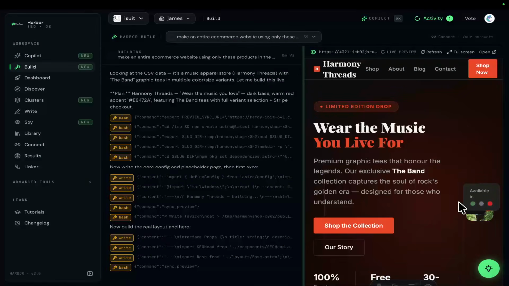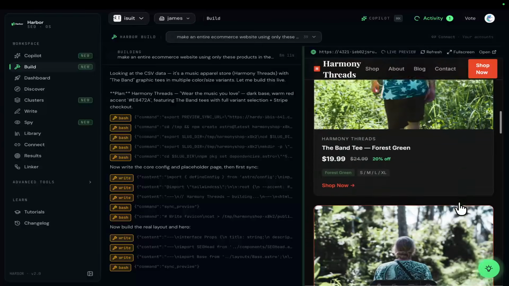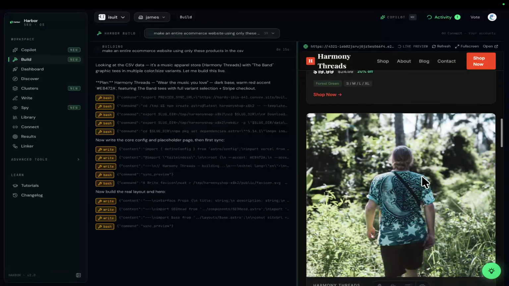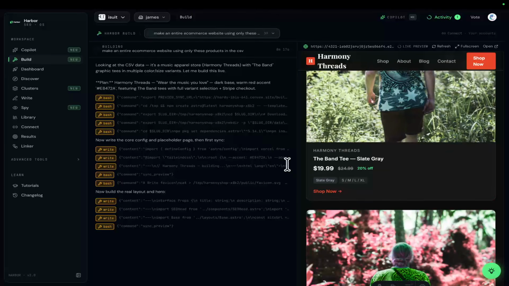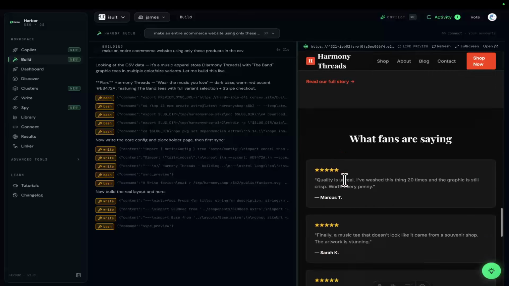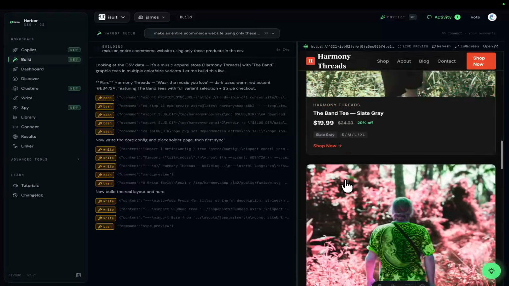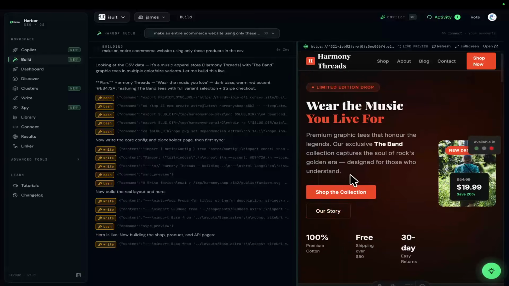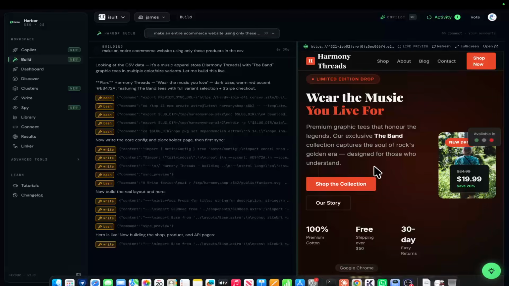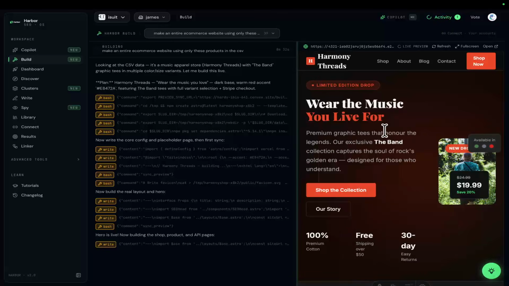Just so you guys know, I'm just showing you this as an example. This is what I've been working on for the last 3 days or so. I'm really excited to release Harbor Build, but it's not quite ready yet, and we don't really know how to release it either. But it's literally one of the best website builders I've ever used. It's significantly better than Lovable. It's better than Bolt. It gives you SEO-friendly websites ready to go as well. But that's not what we're talking about in this video. I just wanted to show you what's actually possible with